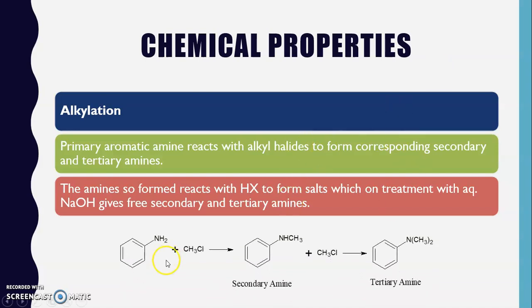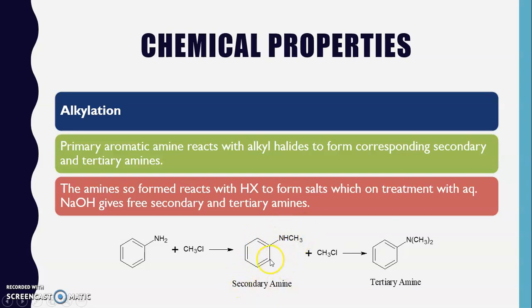Here you can see this is the example of aniline, which is considered a primary aromatic amine. This primary aromatic amine, say for example, on reaction with methyl chloride, which is your alkyl halide, will be converted into the secondary amine. Now what happens during this reaction? One of the hydrogen atoms present with the amino functional group is replaced by this alkyl group, that is the CH3 group, so that instead of NH2, we get NHCH3.